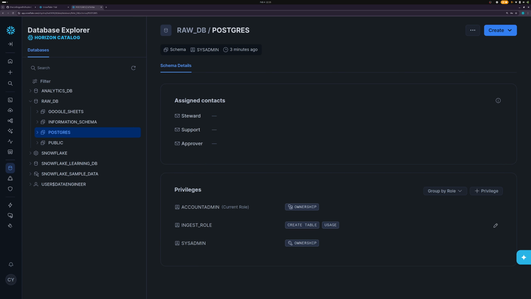Least privilege is not optional in data engineering, it's mandatory, right? Give as little permission as possible to get the work done. We are not going to give more access than needed, right? Now let's return back